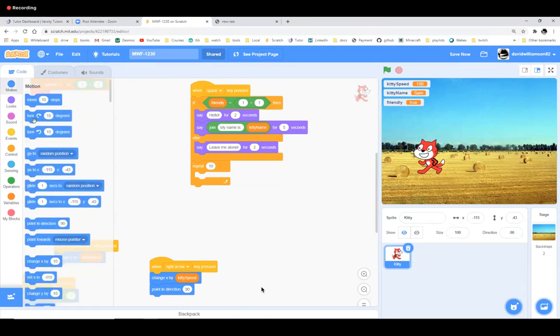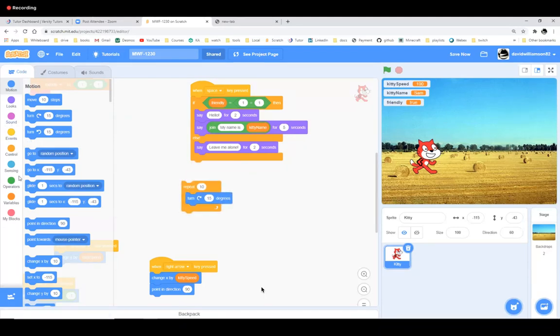I'll go to the motion blocks and I'll say turn 15 degrees. Repeat 10 times, turn 15 degrees, okay? So I'll hit space. Hello, my name is Sam. And then 10 times he's going to turn 15 degrees. Sorry, his whole rotation is left, right.